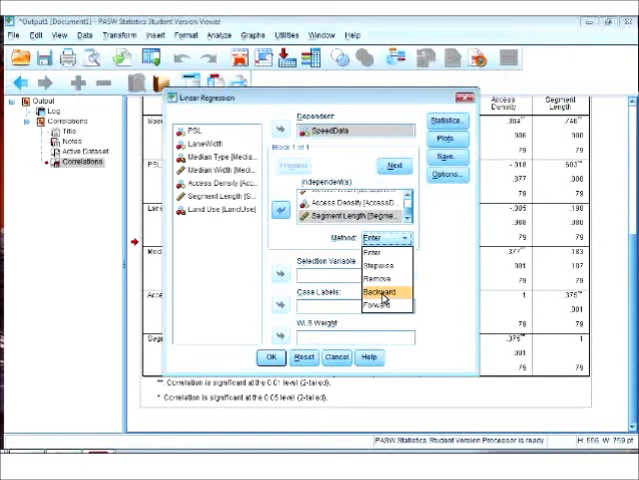And then we have remove, and then we have backward and forward. Backward means that first it selects all the independent variables, it checks the model, and then it starts taking out the variables which are not important or which are not significant. And forward is just the opposite of backward. It selects one at a time and keeps adding the variables and gives